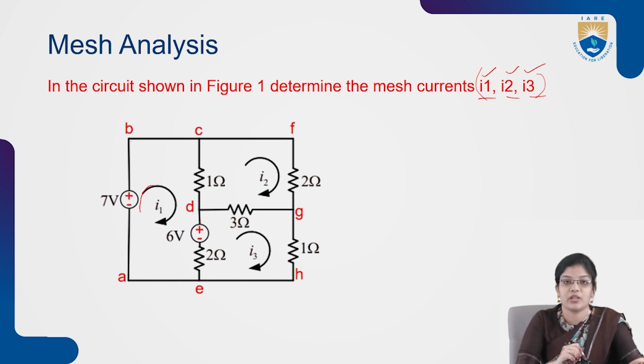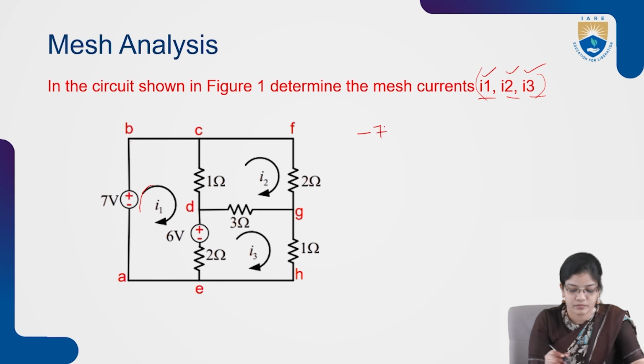We should not take clockwise for the first mesh and anti-clockwise direction for the second mesh. If we are considering clockwise direction for the first mesh, for the second and third also we have to consider the same direction. So if we take the first mesh, the current is flowing in the clockwise direction, so it is flowing from negative to positive. As it is flowing from negative to positive, the equation will start with -7,